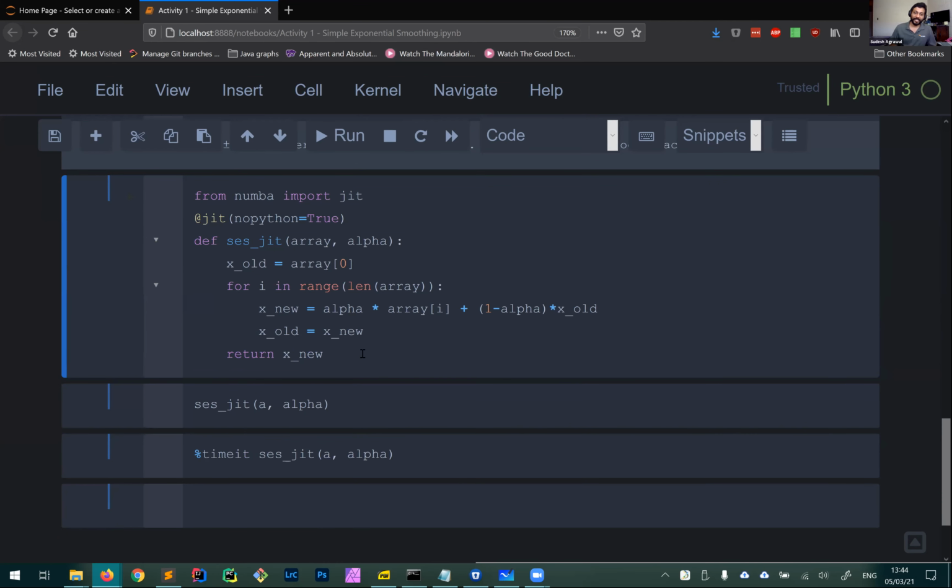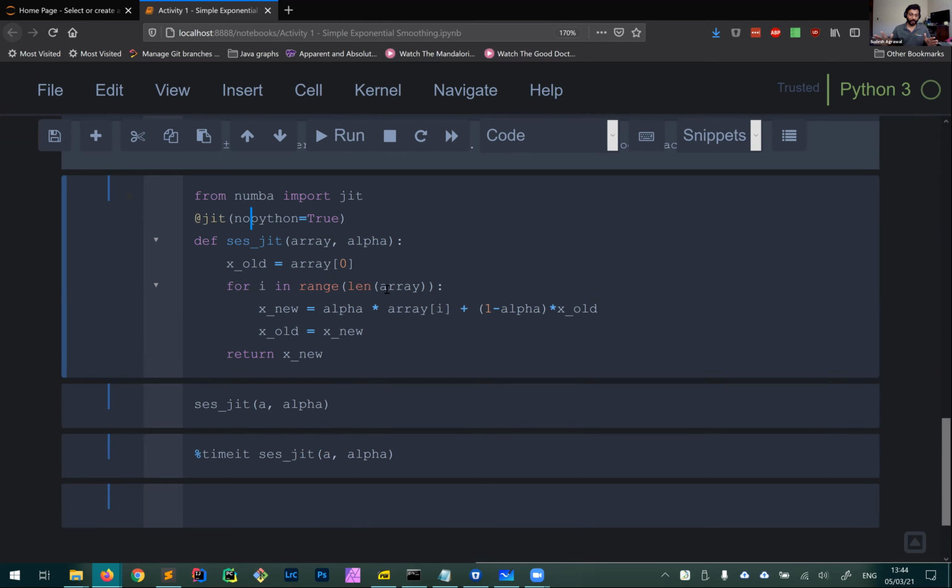And the last one is just-in-time compilation. So I'm using Numba's just-in-time compilation library. Here, I'm basically using the same code that I used in the for loop, the same function, just changing the name to JIT, and then adding this decorator to this function. You can look up the syntax here, but there are several options that you can pass. One is the default option, which is nopython equal to true, I think. In this option, the just-in-time compiler compiles everything inside this function and doesn't use the